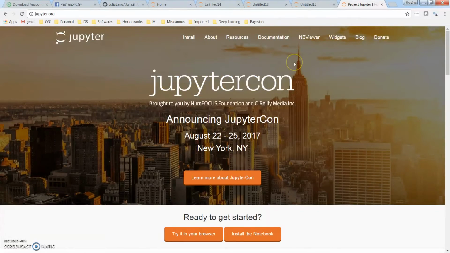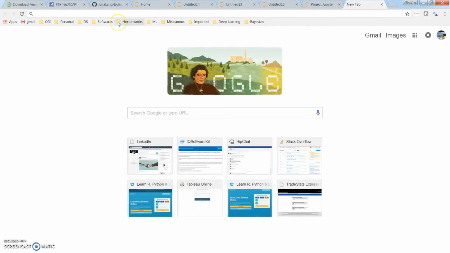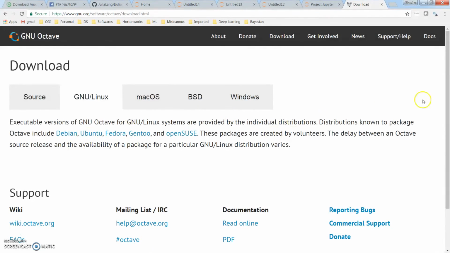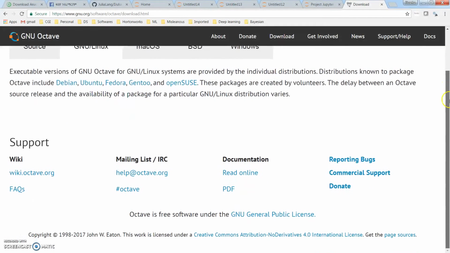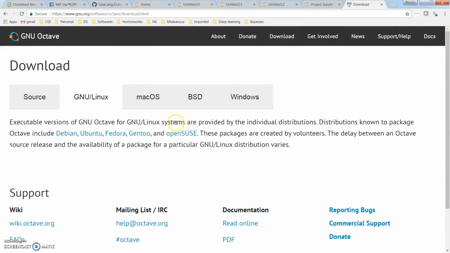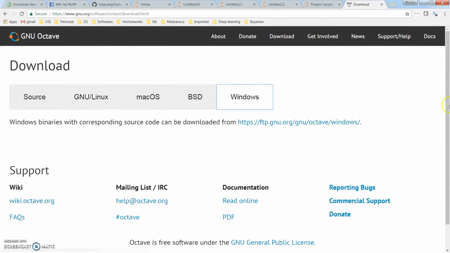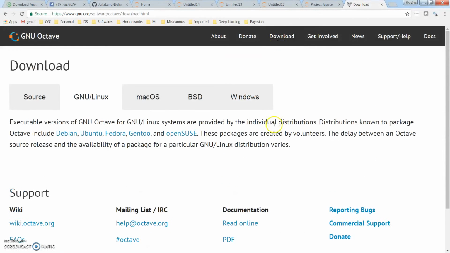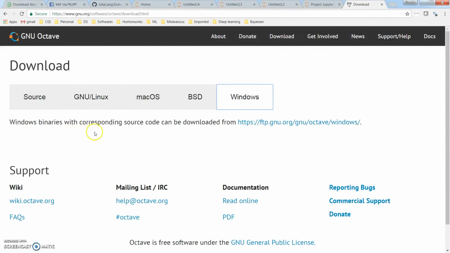Okay, so now let's go ahead and download Octave. Octave download. I will go here and download for Windows. Windows binaries with corresponding files can be downloaded from here.